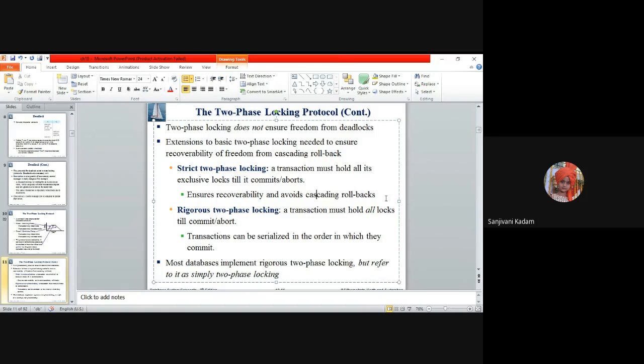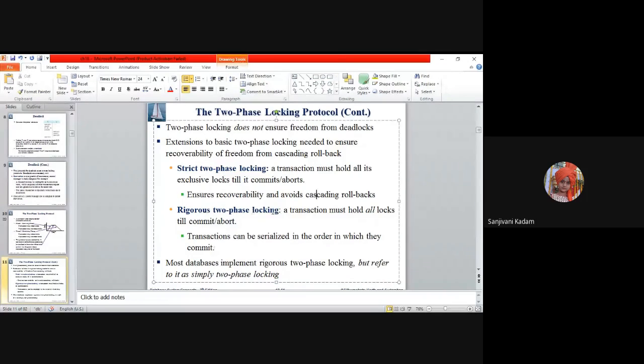Then rigorous two-phase locking. Rigorous two-phase locking says that you must hold all the locks till commit or abort, let it be shared or let it be exclusive. So a transaction must hold all locks till commit or abort. All the locks should be carried up to the commit.